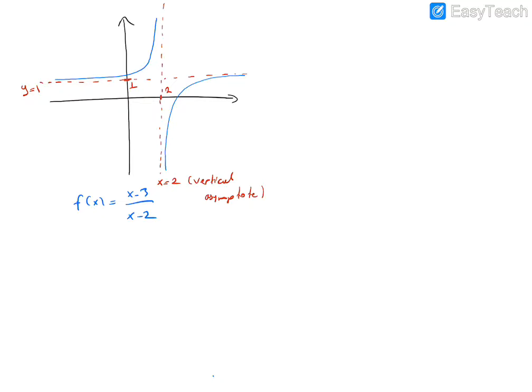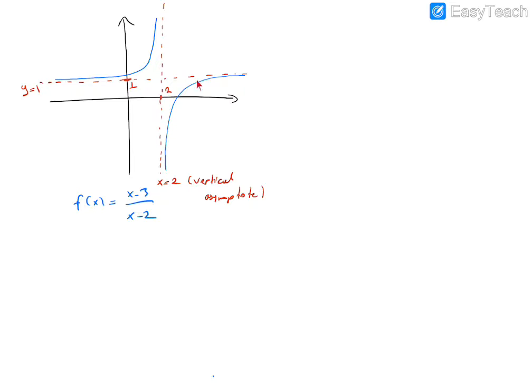Why are these asymptotes? Here, when x approaches 2 from the left side, the function goes to infinity. Okay, the function is very large, taking a very large number. When x approaches 2 from the right side, the function value goes to minus infinity. So the function again takes a very large number in magnitude, but a negative value.